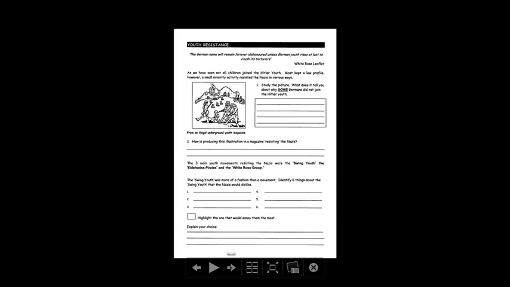Youth resistance. Now, of those 1.5 million students that didn't join the Hitler Youth, some actively resisted. Later on in the course, we will look at youth resistance as part of the wider resistance and opposition in Germany. And we introduce the students to concepts of resistance: passive, overt, and active.